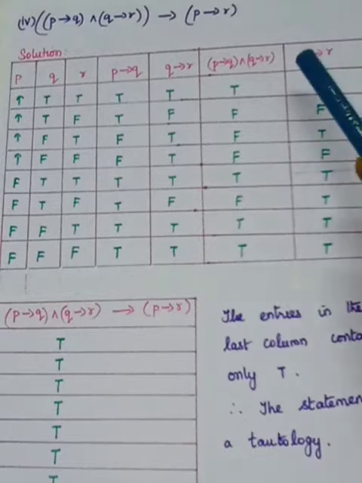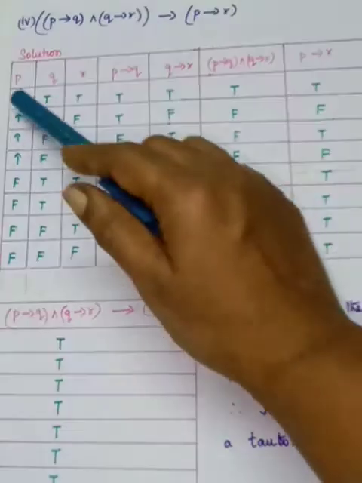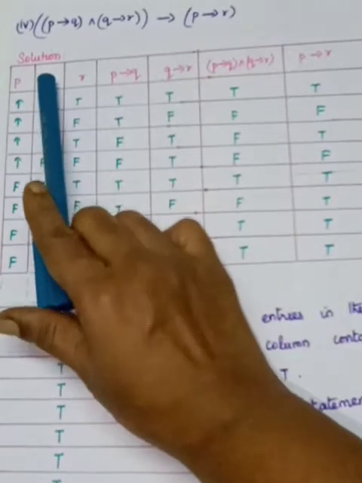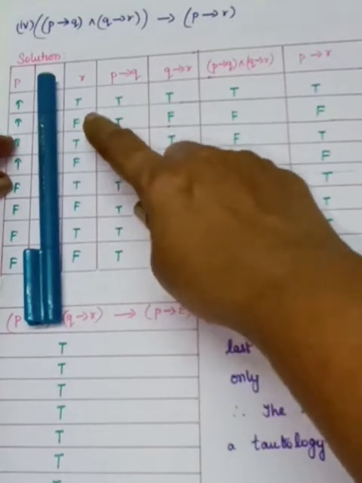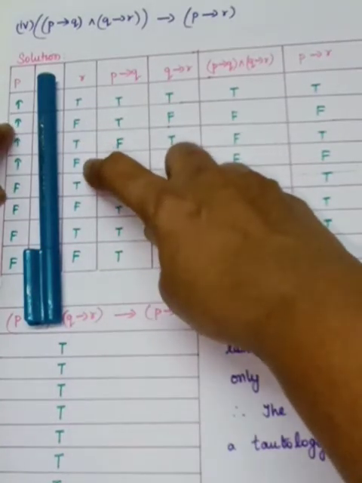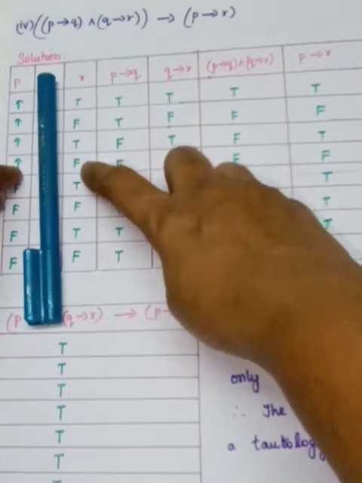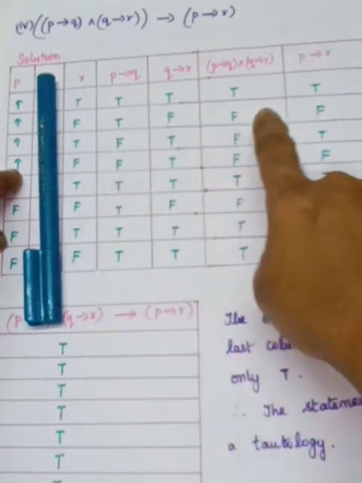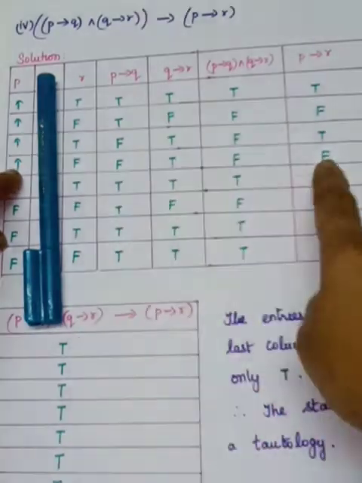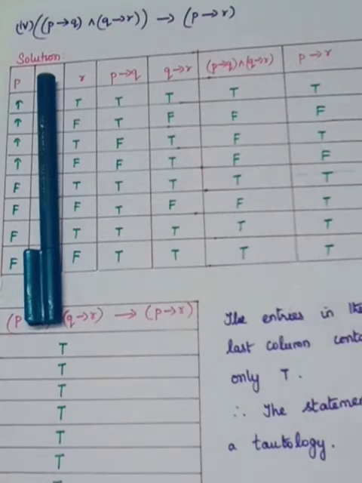Okay, so next one. P implies R. What is P? P is in the first column and R is in the third column. Okay, so the second column I hide it. Implies, you have to see which condition. P true and R false, then you have to write false. P true means in the 4 rows your P is true. And look at your R. The second row and the fourth row only you are having the condition TF, TF. Look at the second row TF and the fourth row you are having TF. For the second row you have to write F. For the fourth row you have to write F. So the remaining results are only T.